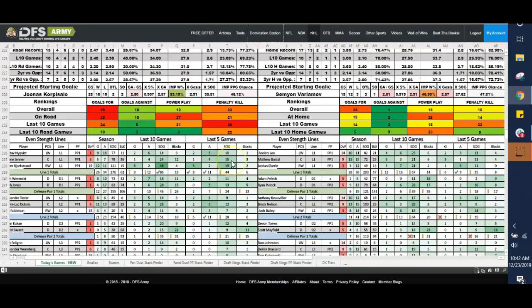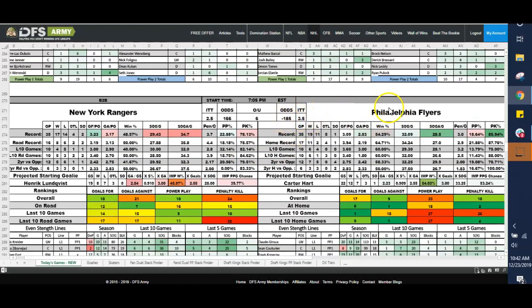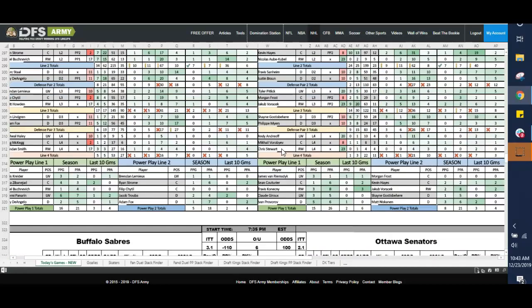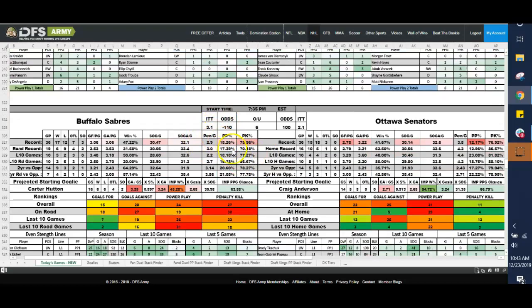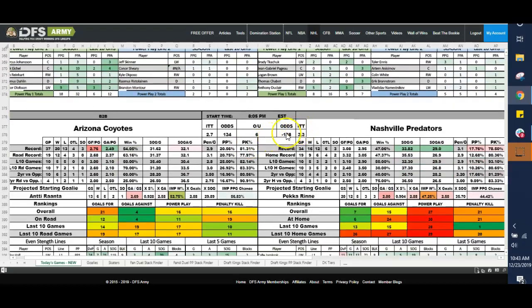Nothing necessarily in this game. 3.5, 185. Philly's going to be on the radar. So if you want, you can start writing these down. That's Tampa, Philly. These are the offenses that we're going to dive into a little bit. Probably won't dive into them too deep. Buffalo, probably not, but maybe. And I'll get into that in a second. 3.3 and a 150, really, really close for Nashville. I'll go ahead and write them down